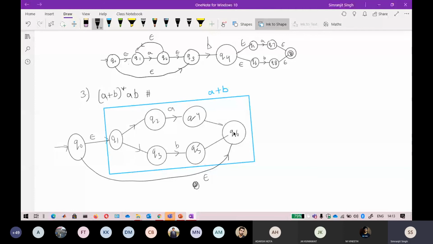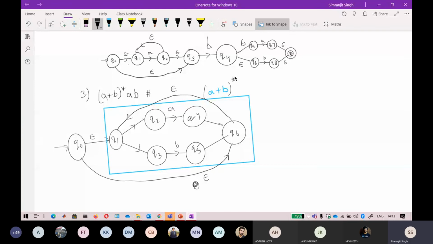Whenever you reach Q6, you will get A or B. By reaching Q6, the expression A and B is completed. If you want to repeat it, you can again divert it towards the starting state by an epsilon. By doing only this step, this A plus B becomes your star.